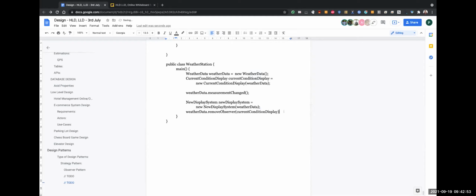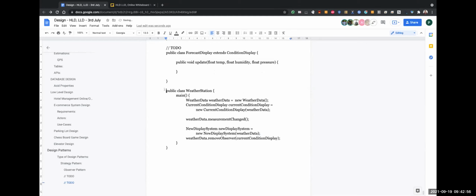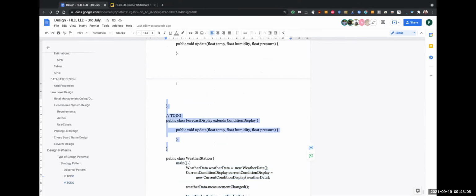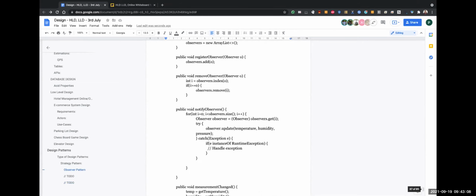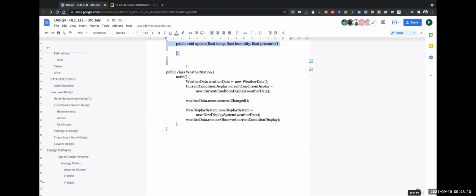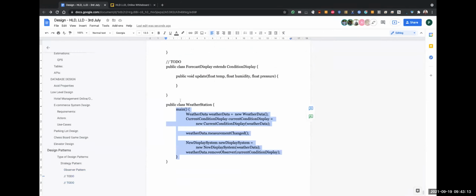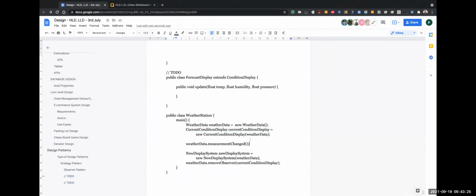But Prakhar, this is not happening on the runtime, right? This is main, right? This is runtime. Okay, so we are saying that whenever we can always change, right? We are not touching anything else here. See, this is the method which you can always change, right? You're not changing the classes. Did you understand what I'm trying to say? I get it. I was just thinking more about the runtime, that whenever the observer is not in a good state, it will be automatically removed. But right now, when we are writing that code, that means we have to change the